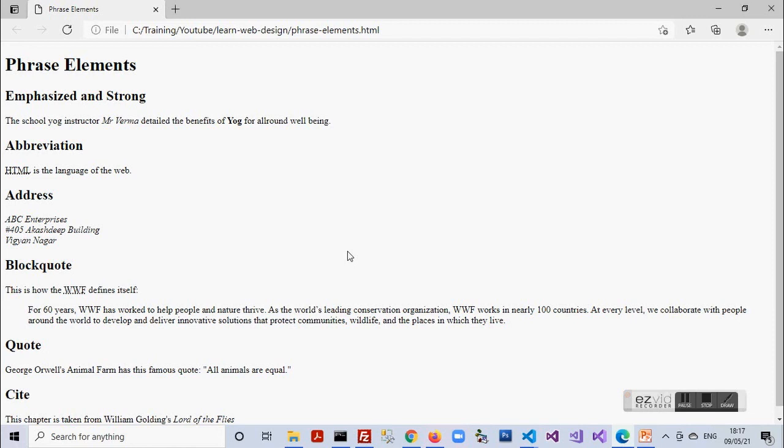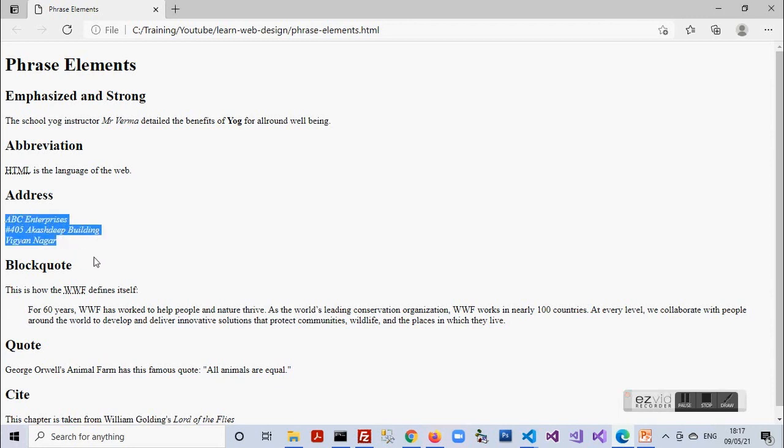So we can see that in emphasized and strong, Mr. Verma is the emphasized content, so it looks just like italics. And Yog is strong text, so it shows me strong bold text. HTML, when I bring my mouse on HTML, it gives a tooltip: hypertext markup language. The address block is standing apart from the rest of the document, it is in italics.